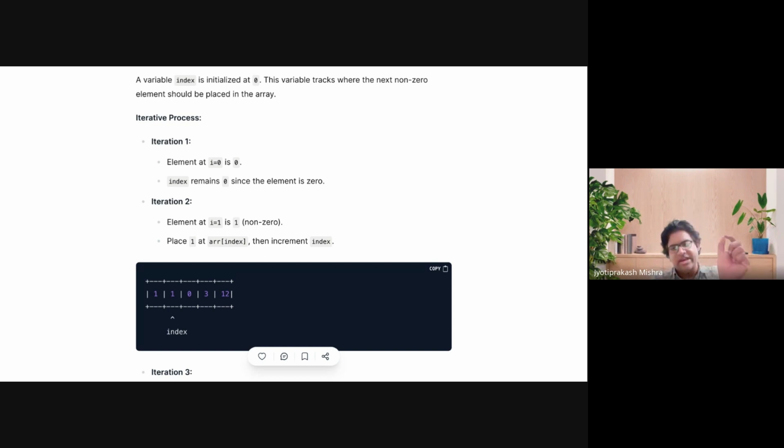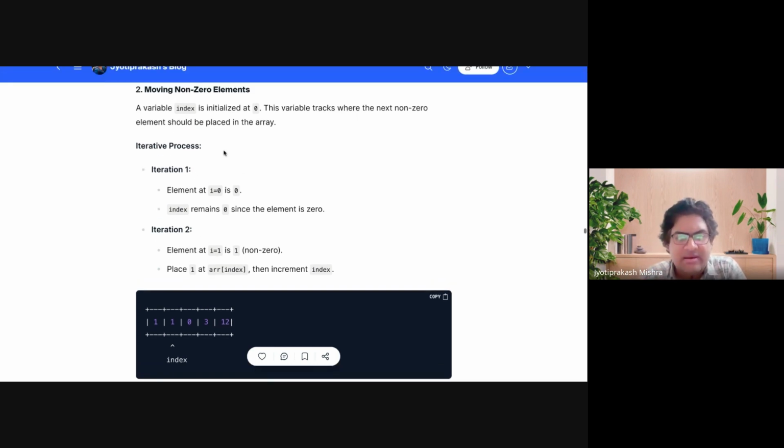तो इंडेक्स जो वैल्यू है कि अगर हमको जीरो मिलता रहा तो हम कुछ नहीं करेंगे, राइट जाते रहेंगे. लेकिन जहां पे हमको एक नॉन जीरो नंबर मिल गया उसको लेके यहां पे रखेंगे, जहां पे इंडेक्स पॉइंट कर रहा है वहां पे रखेंगे, फिर इंडेक्स को एक आगे बढ़ाएंगे. समझ रहे हो? तो यहां पे क्या हो गया,